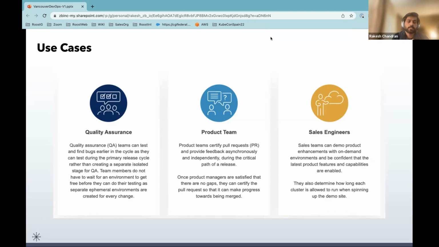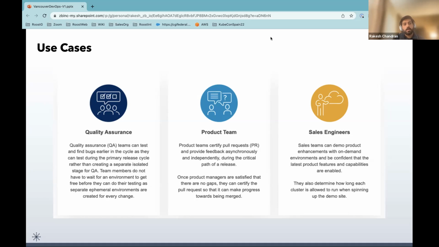Some of the use cases I would like to present are from the QA perspective. When a release cycle happens, even for a small change, the QA needs to wait for that change to merge into their QA environment. Most often a number of PRs will be in the pipeline, and all the PRs need to be merged for them to test the entire change.